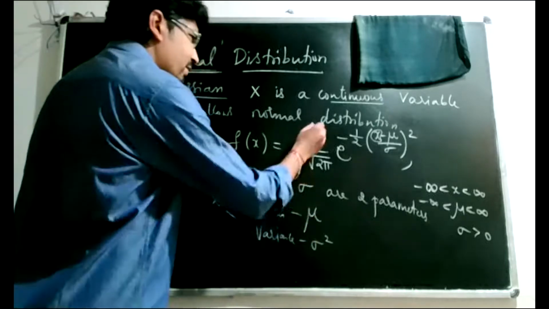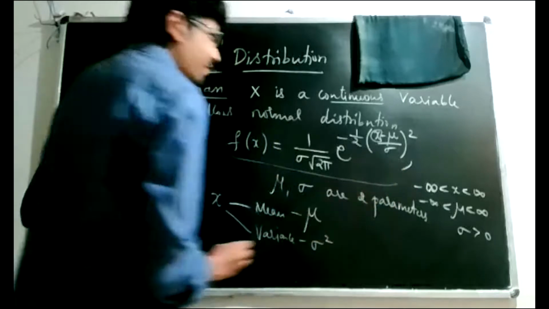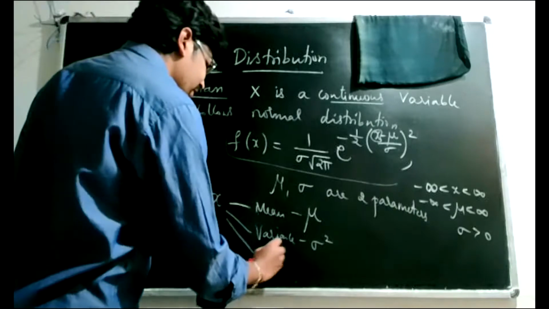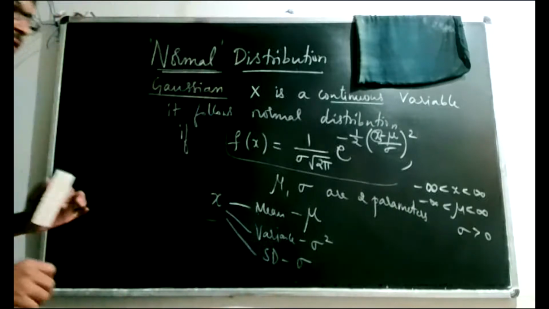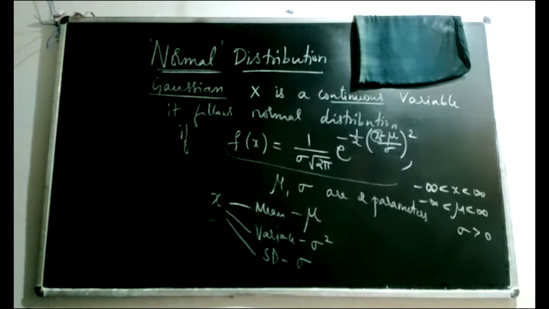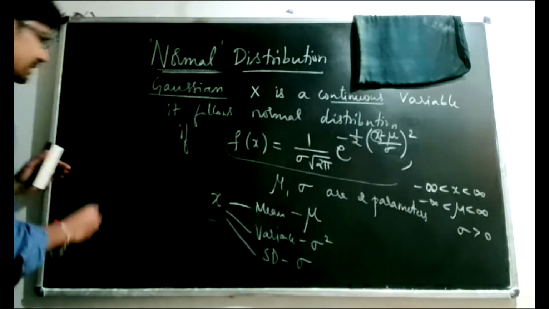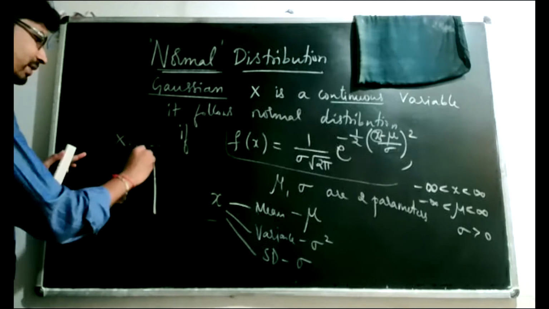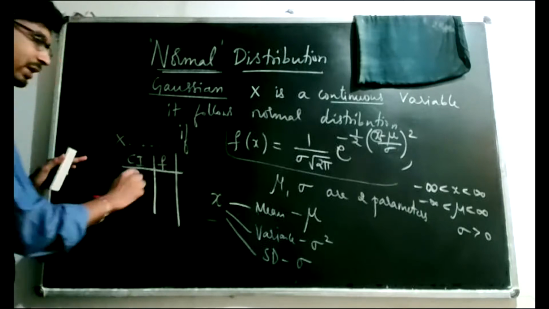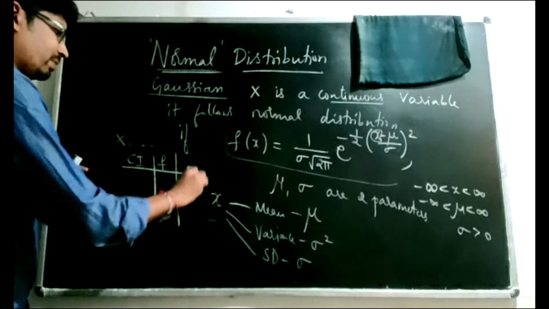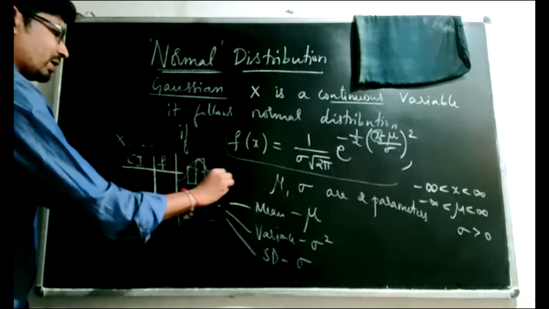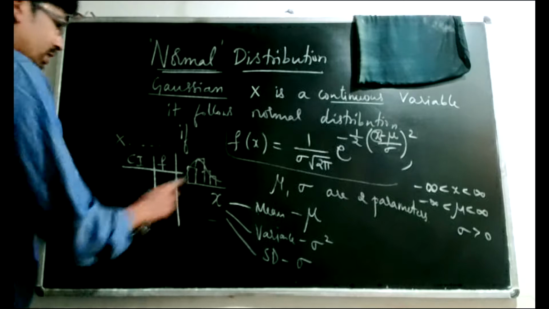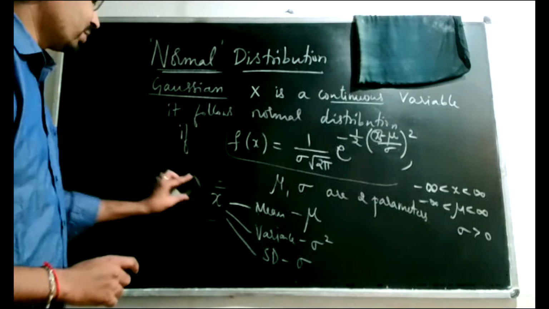And if that variable is following the probability law given by this function, then we say that the variable follows normal distribution. We have learned many techniques of verifying whether a particular variable follows normal distribution. In the first case, you obtain the possible values of x, create class intervals and frequencies for shorter ranges of x, plot the histogram and see what is the shape of the histogram. If it comes out to be a symmetric curve, or a polygon that is close to that, then we can say that the distribution is normal.